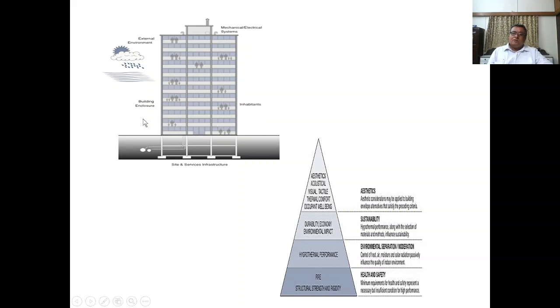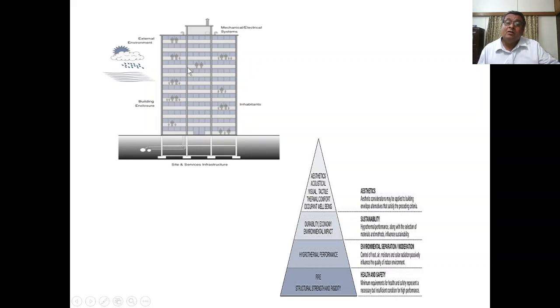So in this we have arrangement of the structure as per the requirement. Okay, this is building enclosure. Then the external environment affecting the building. Then mechanical and electrical systems that are installed at the top of the building, and inhabitants, people living in